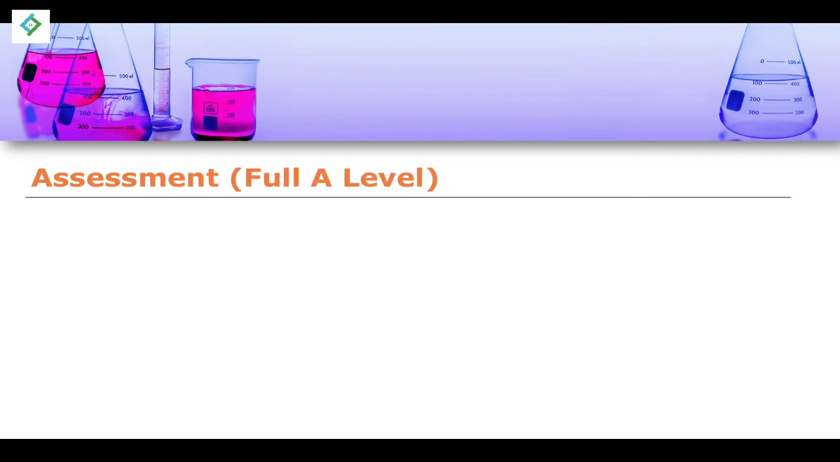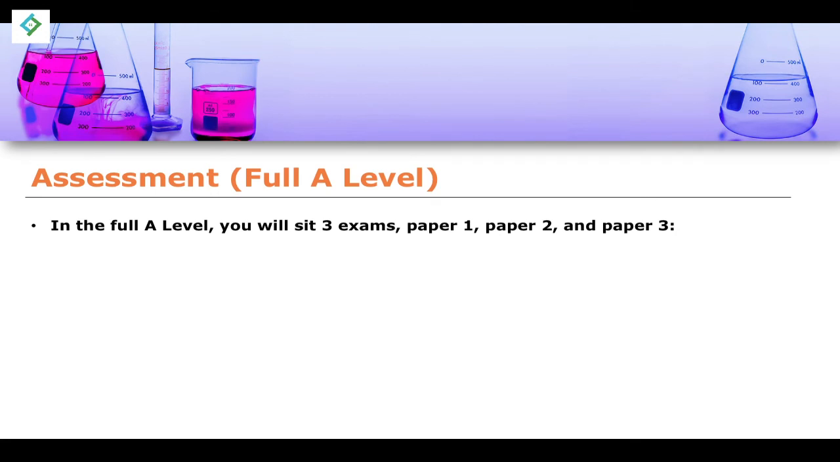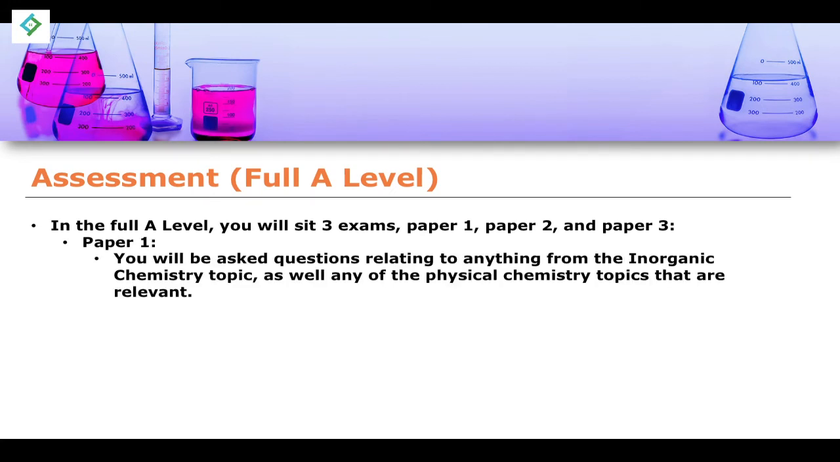When it comes to the assessment for the full A-level, instead of 2 exams, you will sit 3 exams: paper 1, paper 2, and paper 3. In paper 1, you'll be asked questions related to anything from the inorganic chemistry topic for either AS or A2, so either the core content or the additional content, as well as any physical chemistry topics that are relevant. So instead of just revising for the AS, you'll be revising for the full A-level, and you'll be revising